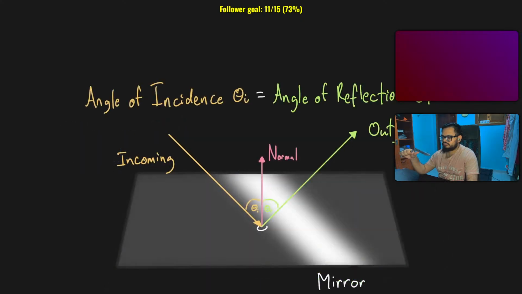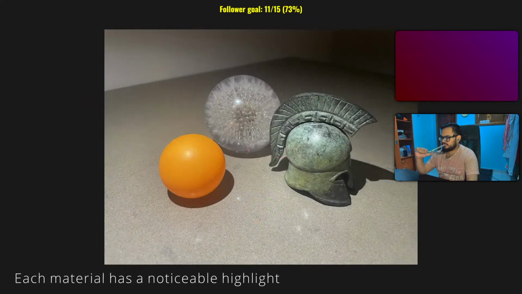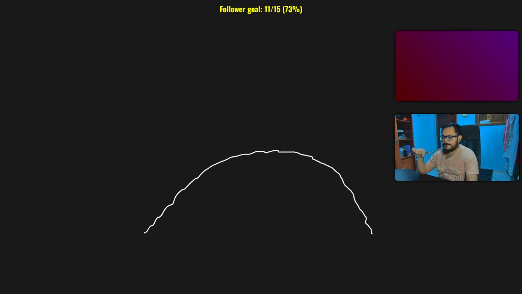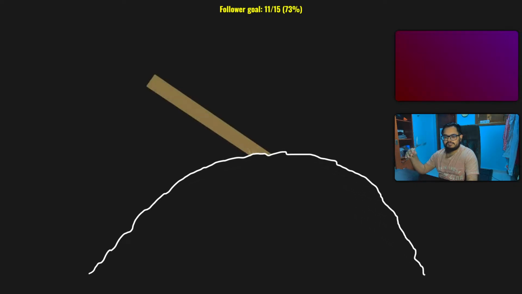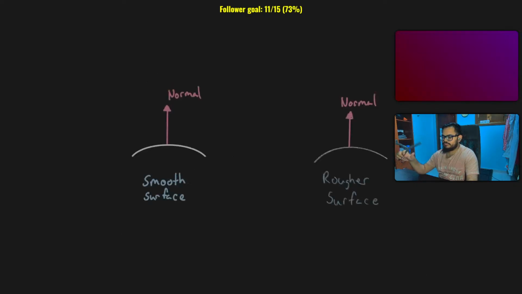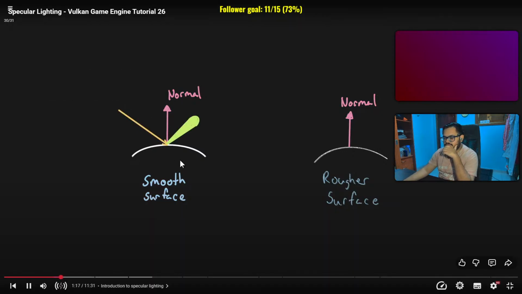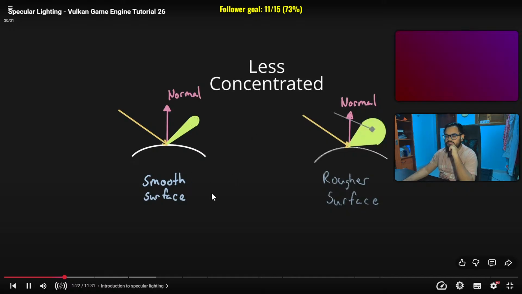A mirror, for example, would be a perfect specular reflector, while smooth surfaces like metal and plastic are less perfect, but specular lighting still has a noticeable effect on their appearance. A reason for these differences are microfacets on the surface of the material. These microscopic bumps and grooves cause slight deflections in the reflected light rays. Smooth surfaces will reflect the light more ideally, with the reflected light being strongly concentrated around the theoretical ray of reflection. With rougher surfaces, the reflected light can be scattered in more possible directions, resulting in a less concentrated cone